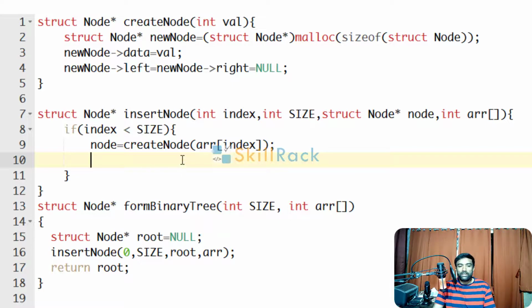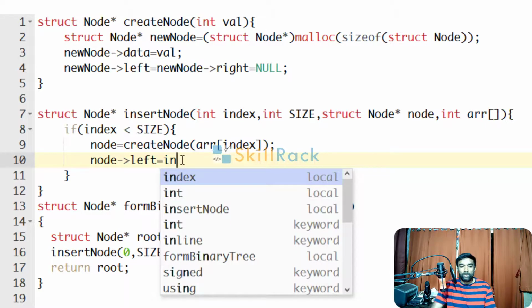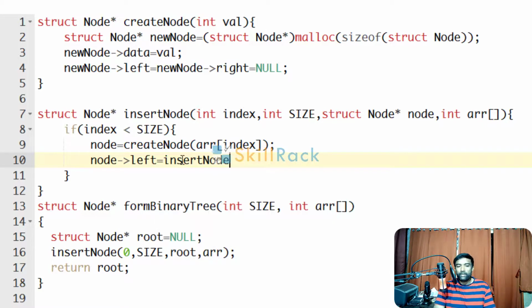Already we saw in the discussion that the left node will be at 2i plus 1, where i is the index. So we will say node left equal to insert node. You should not say create node, because only insert node will invoke recursively and populate all the children.